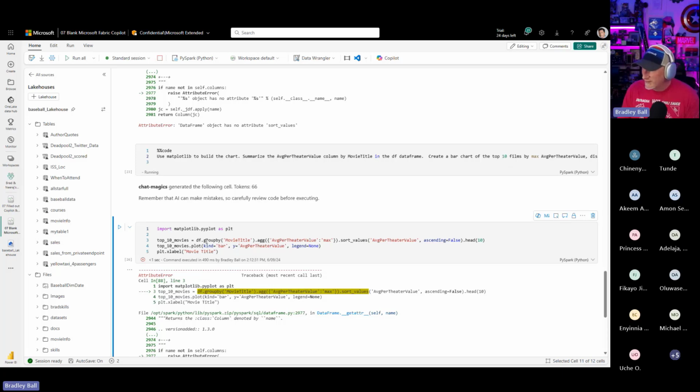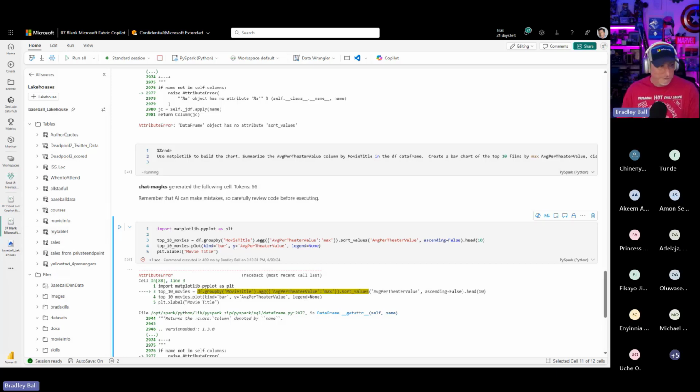But as you can see, this is the blessing and the curse of a Copilot system. This code is not exactly the code that we got. That's the thing to be careful with. Remember, AI can make mistakes. Review the code carefully before executing. Sometimes I get it to produce these really nice charts for me, and sometimes it doesn't. I apologize. I got it to work the last time I did this, but today it's not appearing to be as nice as I would have liked it to have been.